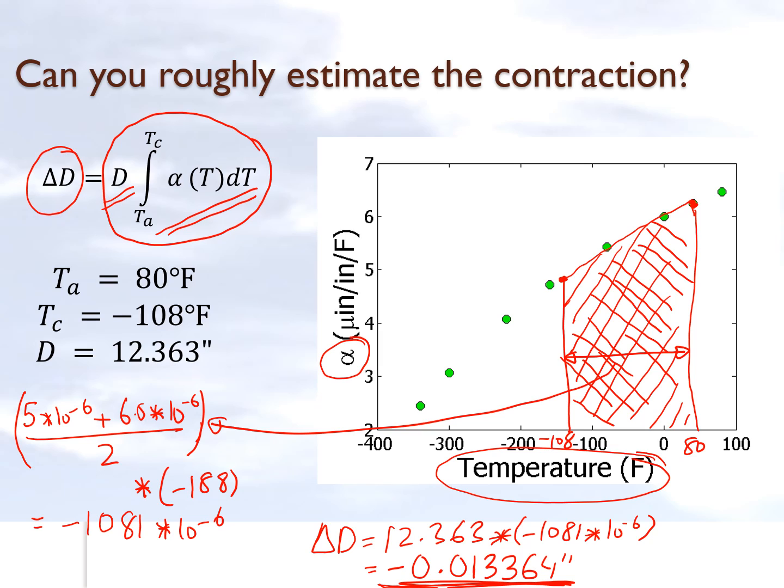Another question which people ask is, where did I get this minus from? Although the area under the curve right here is above the x-axis, in this case temperature, look at this. We are integrating from a higher temperature to a lower temperature. We're integrating from right to left, and that's why this integral quantity right here, the area under the curve, is a negative number. But what we have shown is that delta D magnitude is turning out to be less than 0.015 inches in this case.